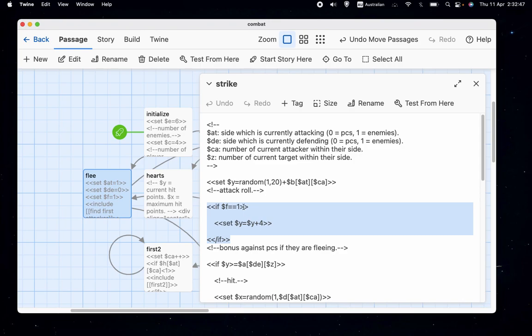Now, if F equals 1, then the monsters are always going to be the ones who are attacking. So there's no need to go... We could have had if F equals 1 and AT equals 1, but as it's set up at the moment, that's not necessary because the monsters will always be the attackers. So we add 4 to their attack roll if the other side is running away. I don't know how realistic that is, but in game terms, I think it's